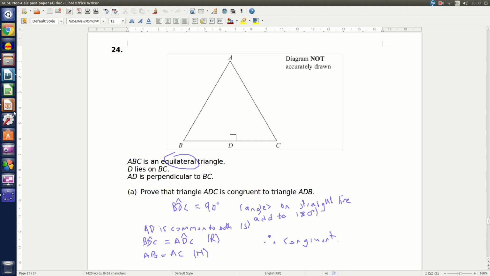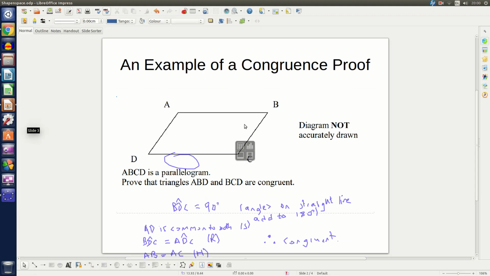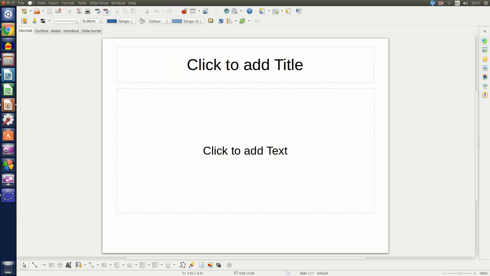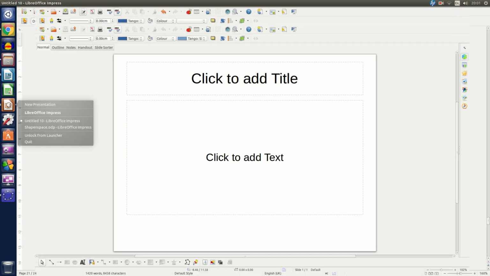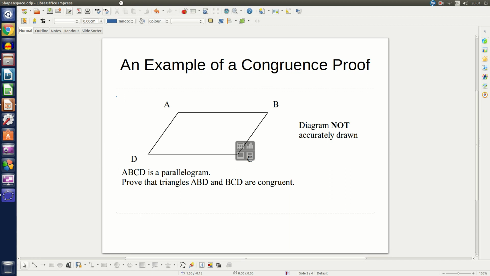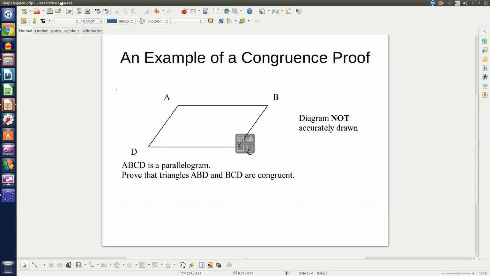Let's now take a look at similar solids, which is about area scale factor, linear scale factor and volume scale factor. Okay, what I'm going to do, I'm just going to find my presentation, sorry about this, taking a little bit more time than I was hoping. Okay, let's go to,